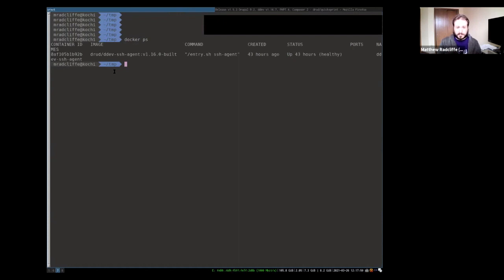There's a container ID here that you can copy, and you can always run docker stop with that container ID. This is manual Docker commands. If you're running Lando, there should be a command where you change directory into your Lando directory and call lando stop or something like that.